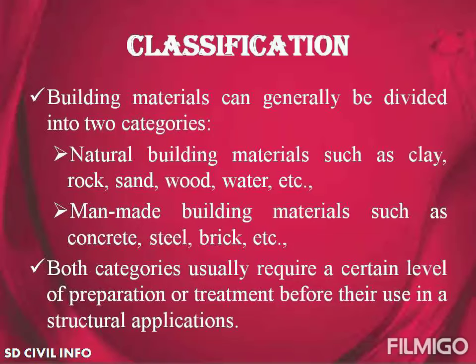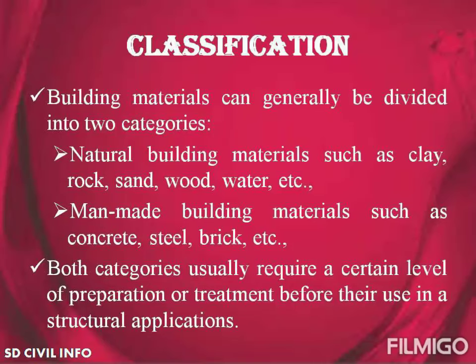Naturally occurring substances such as clay, rocks, sand, wood, water, etc. have been used to construct buildings. Apart from naturally occurring materials, many man-made products are also in use. Some are more synthetic and some are less synthetic. For example, concrete, steel, bricks, etc. are man-made building materials. Both categories usually require a certain level of preparation or treatment before they are